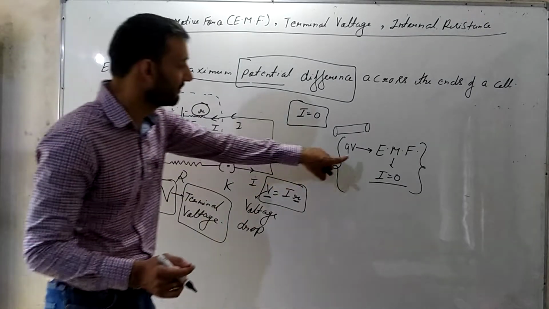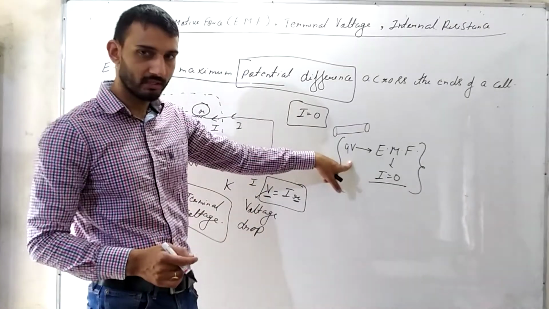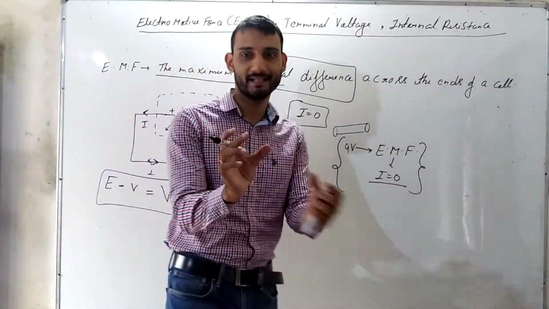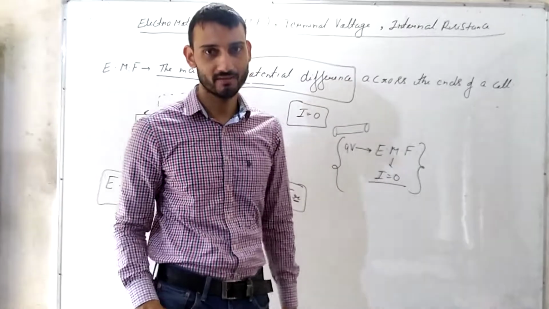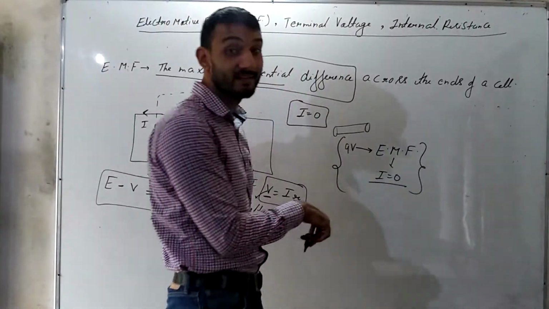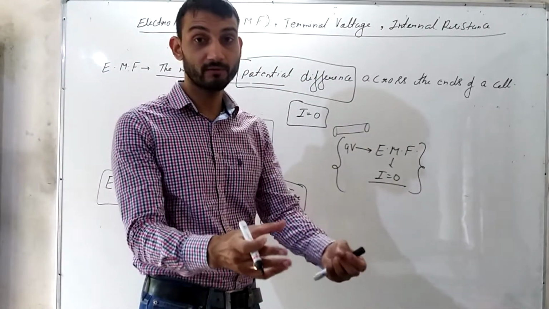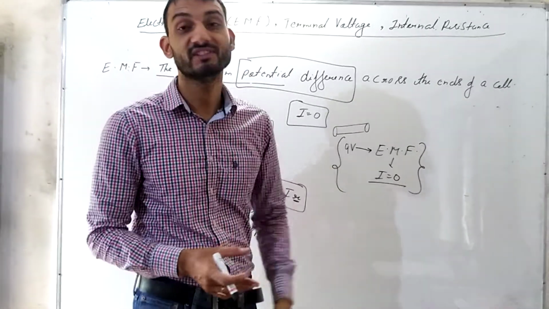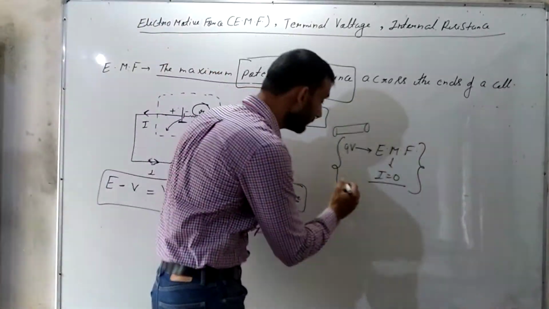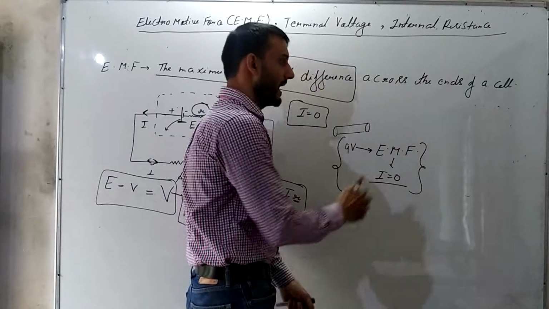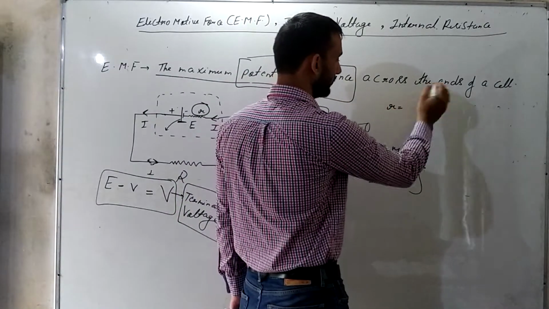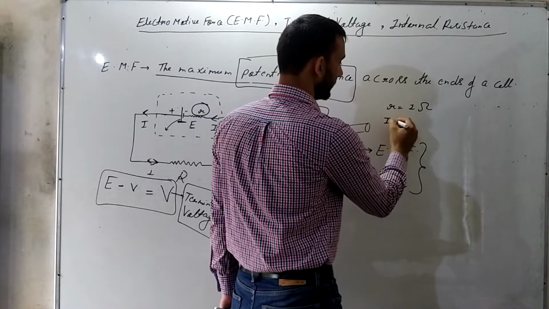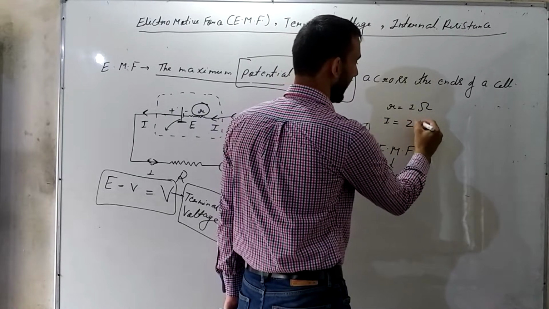Now let me give you an example. The cell is 9 volt, so no current was drawn, and EMF is 9 volt. I connected the cell to an LED. Within the cell itself, electrons will flow and collisions of electrons will happen, so within the cell the very first resistance is provided. Let us assume that r equals 1 ohm and the current flowing through this battery is 2 ampere.